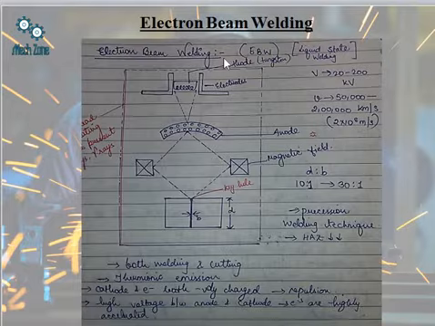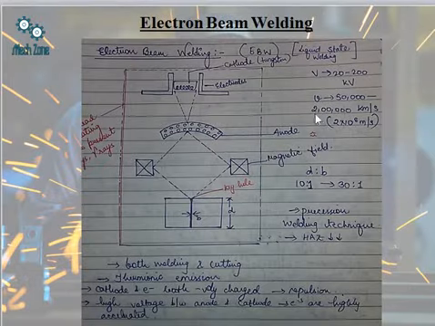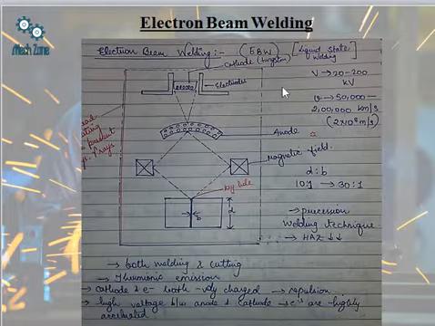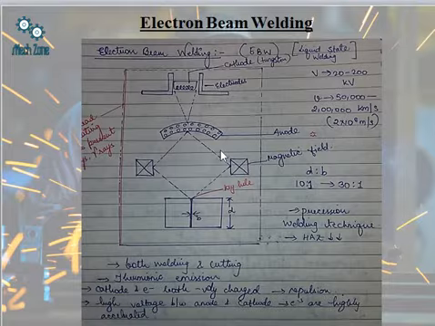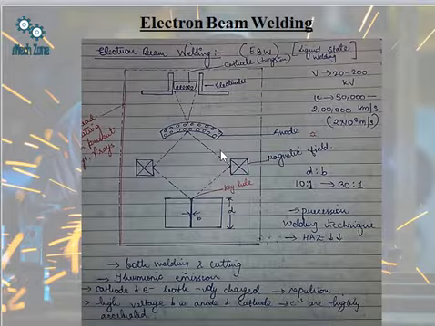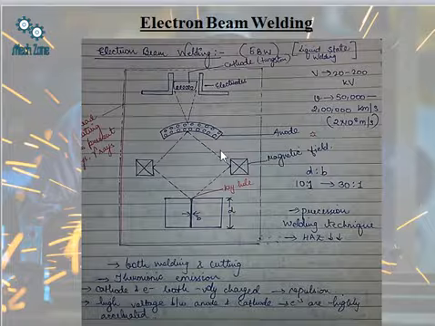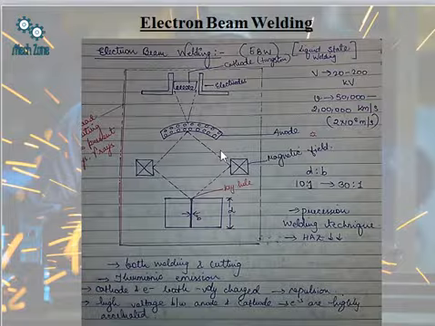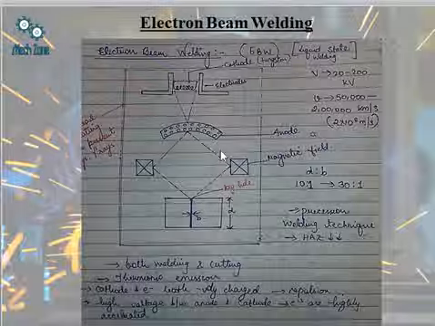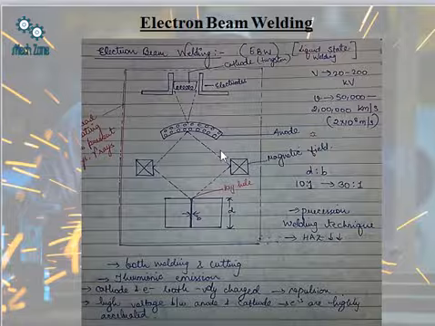Next we have the electron beam welding. We are using a beam of electrons, and this process is carried out in an evacuated chamber. Why it is carried out in an evacuated chamber is simply because if air particles are present inside the chamber and the electrons collide with the air particles, they may lose most of their energy in the meanwhile, and hence they would not strike the target with the amount of energy that we assume them to be striking with. So in order to prevent the energy losses of the electrons, we are taking this setup in the vacuum chamber, and hence this process is carried out.